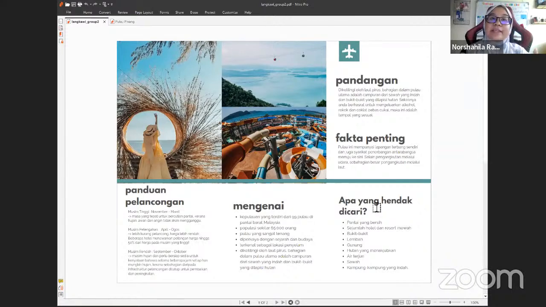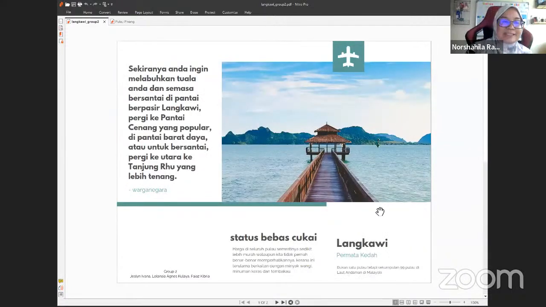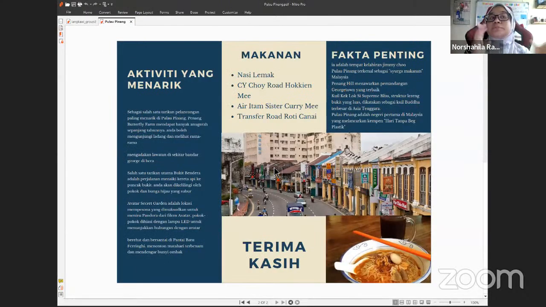So the things that you want to include here are up to your creativity. You can cover history, you can cover the activities, you can cover the transport. Maybe you want to focus on, for example, Pulau Pinang, and you know Pulau Pinang is a food paradise, and you want to cover only the food. Covering just one side, like food, also can. It's up to you.